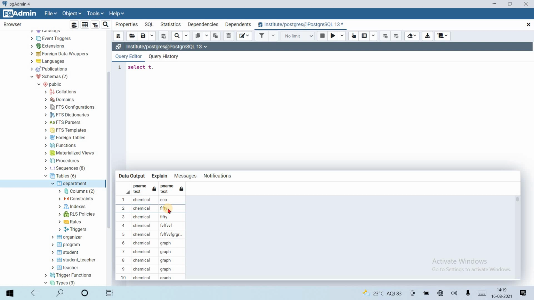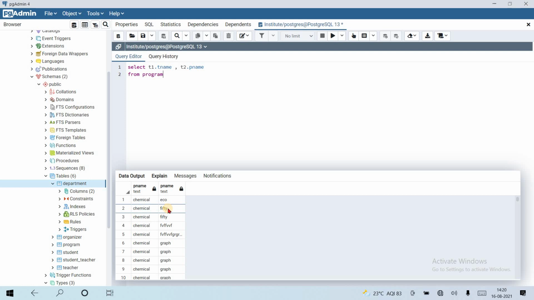Suppose I will give alias t as a teacher, t dot t name, and suppose the first table I will give the name t1, and t2 dot we want a program name also. From which table?